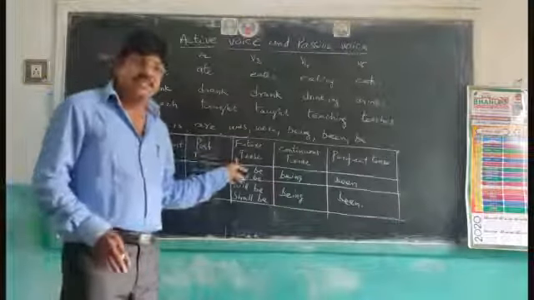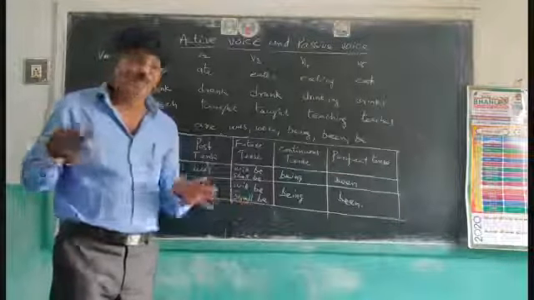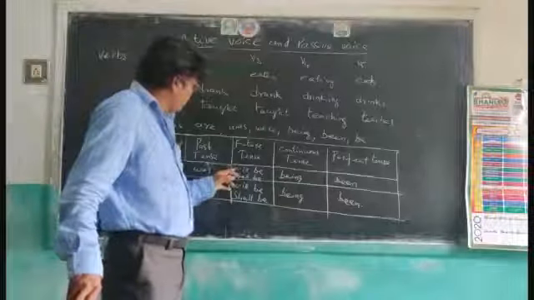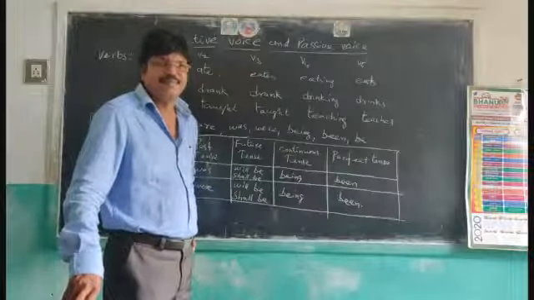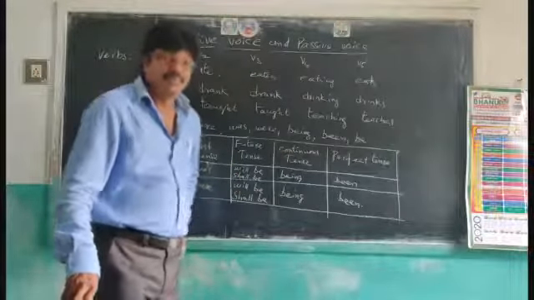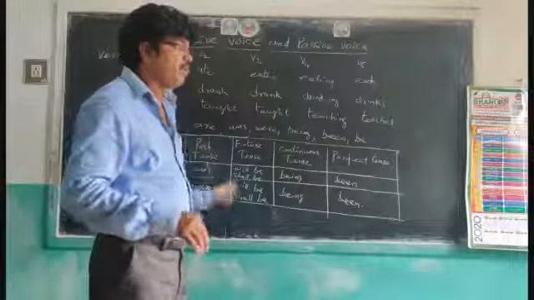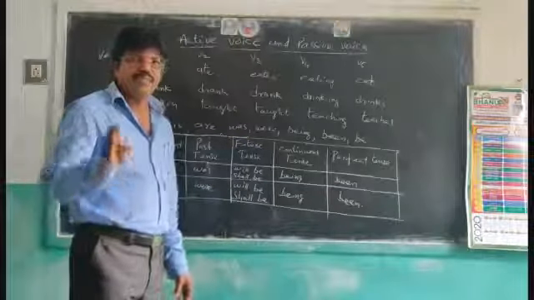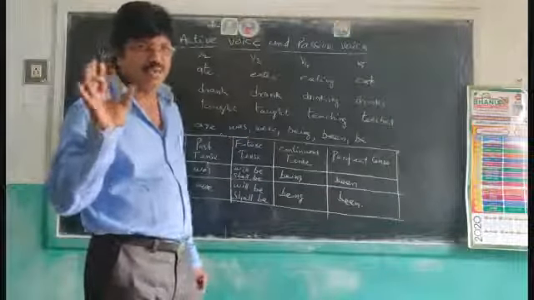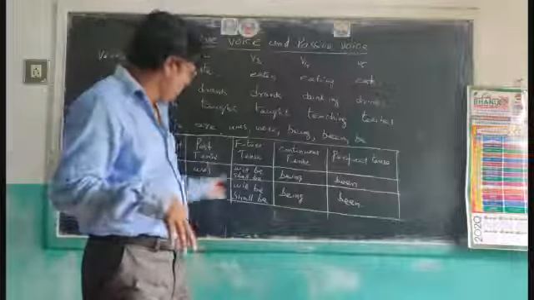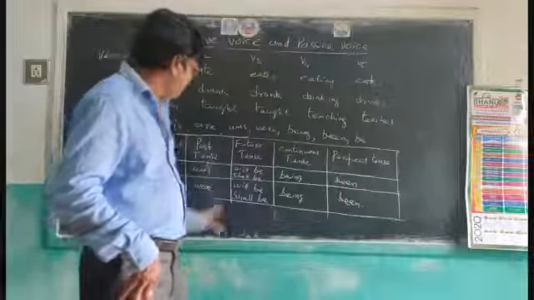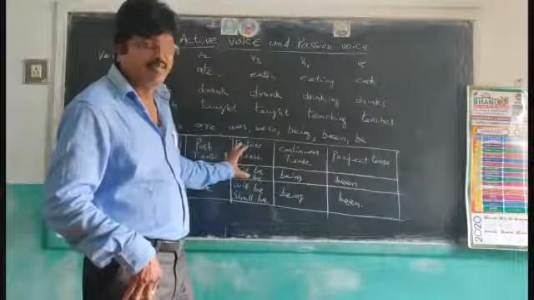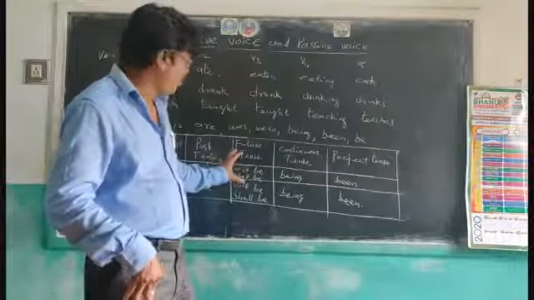In future tense, whether the subject is singular or plural, we use will be or shall be. If the subject is I or we, we use shall be or will be, no problem. For all the remaining subjects, we use will be. Keep watching and observe. Save in your e-notebook.